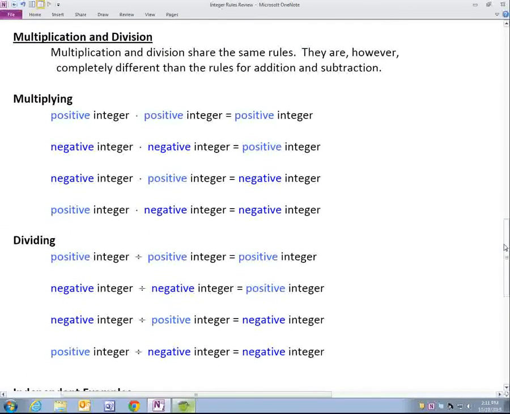Multiplication and division share the same rules. They are, however, completely different than the rules of addition and subtraction. Whenever we multiply a positive integer by a positive integer,